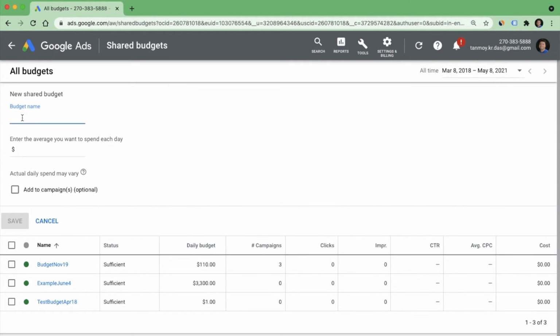You can do that very simply by clicking on this plus button. You can name the budget first of all. You can enter the average amount based on the budget which has been given to you. And now you can add the campaigns to which this shared budget has to be applied.